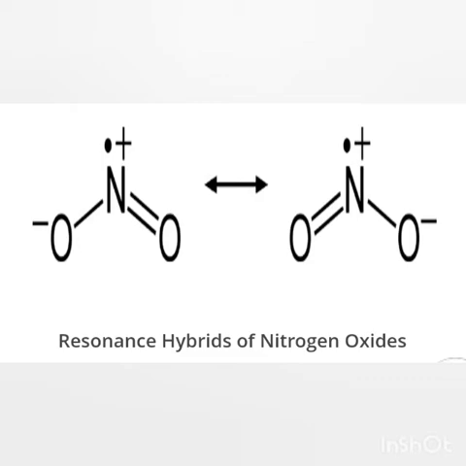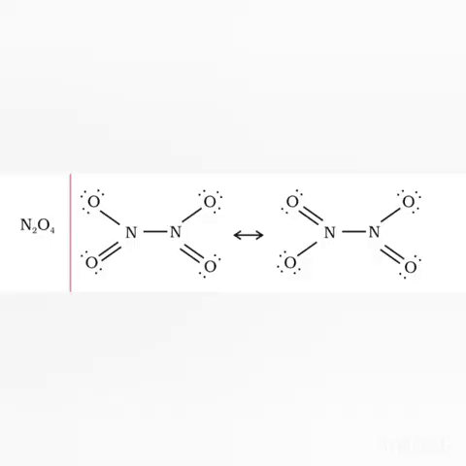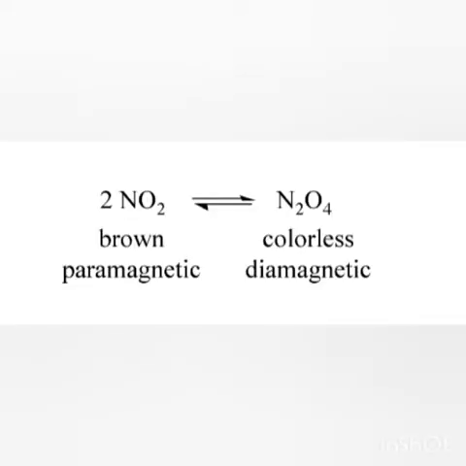Because of the presence of an unpaired electron, it dimerizes to a colorless dinitrogen tetroxide, that is N2O4, which is a dimer of NO2 that has an even number of electrons. At low temperatures, nitrogen dioxide converts to solid dinitrogen tetroxide. Thus, they are interconvertible, NO2 and N2O4, as you can see here in the structures.